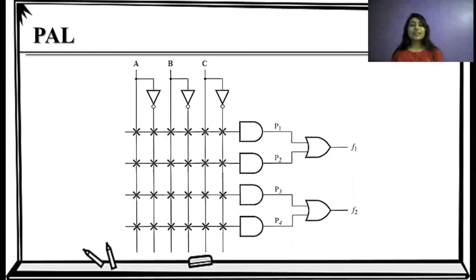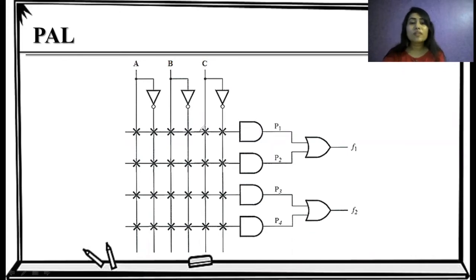Here we have another type of logical diagram of this programmable array logic. This looks quite simpler. Here we have 4 AND gates and 2 OR gates. Now we can make connections to the AND gates according to our requirement. Here all terms are connected, but depending on our requirement we make a connection. So here A and A dash, B, B dash, C, C dash, all these inputs are given to all the AND gates.